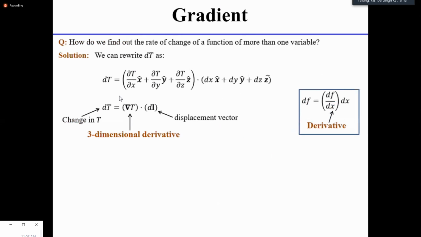So the gradient was defined with the help of this equation, where dt is basically the change in some scalar function t. So this change in scalar function t can be given as del t dot dl. Here dl is a displacement vector. Then I tried to give an interpretation, a geometrical interpretation, to it. So how did we do that? We considered